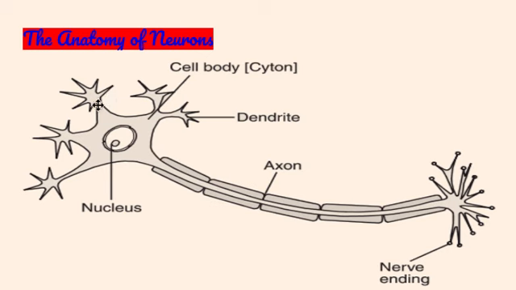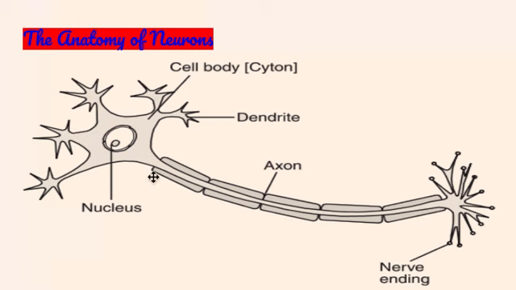Then the signal, in the form of electric charge, travels to the cell body, the soma, which has many names. And of course, can't forget about the nucleus of all the genetic material. The signal is interpreted by the soma,